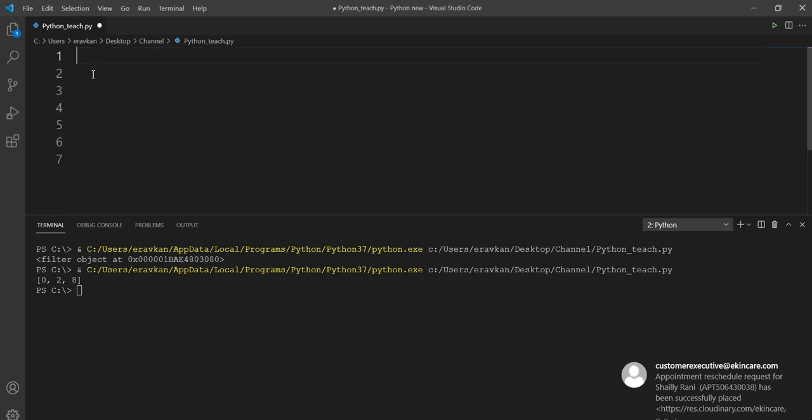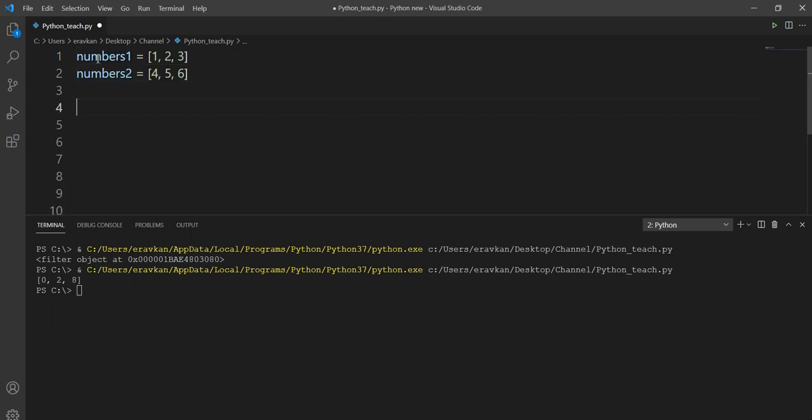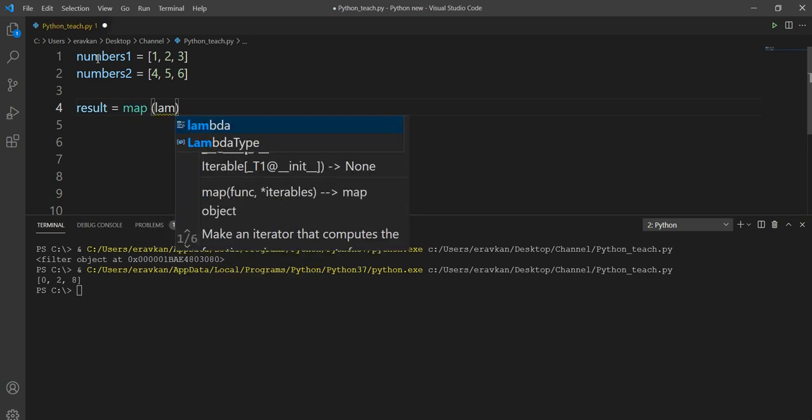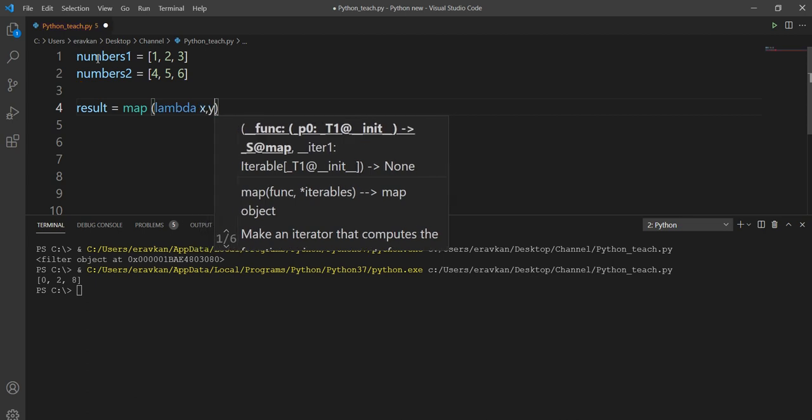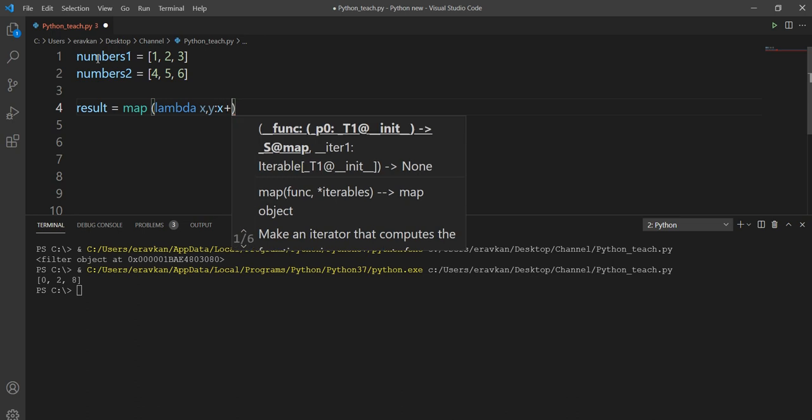Or if I give you one more example, suppose I have two lists and I want to add these two lists by using map. Now I'm giving you a miscellaneous example. Okay, map lambda. Here it will take two inputs and it will give me x plus y.